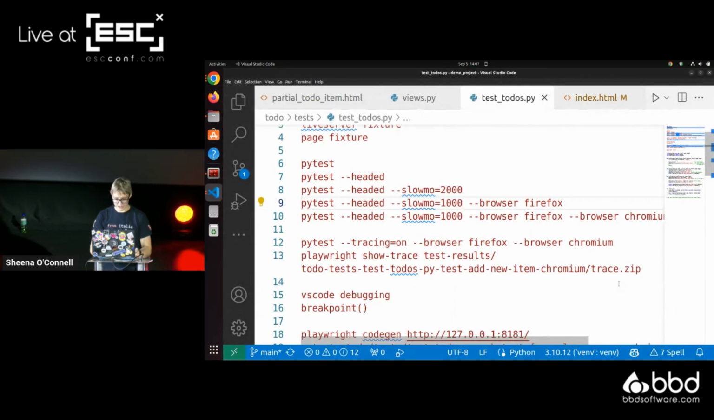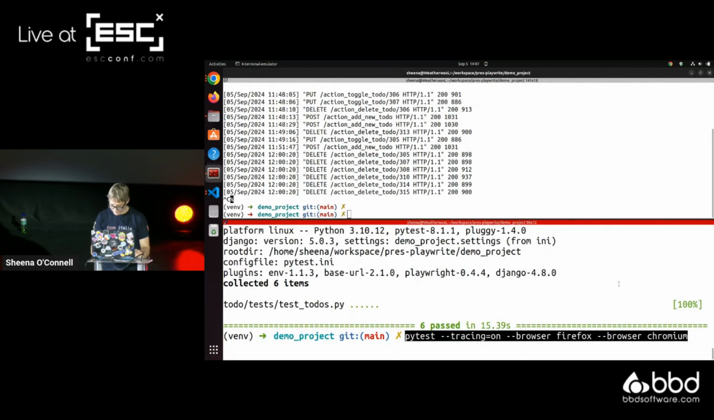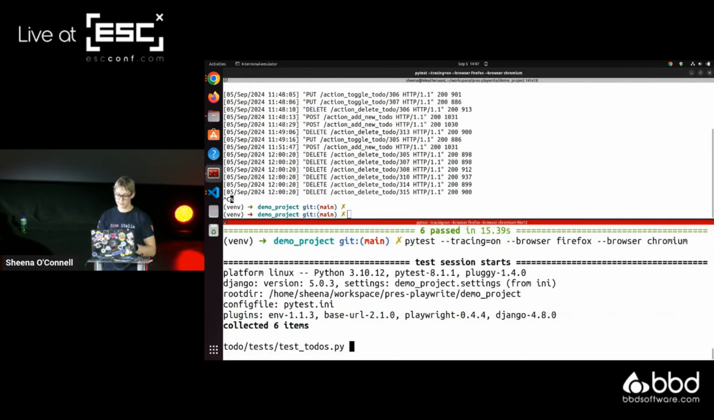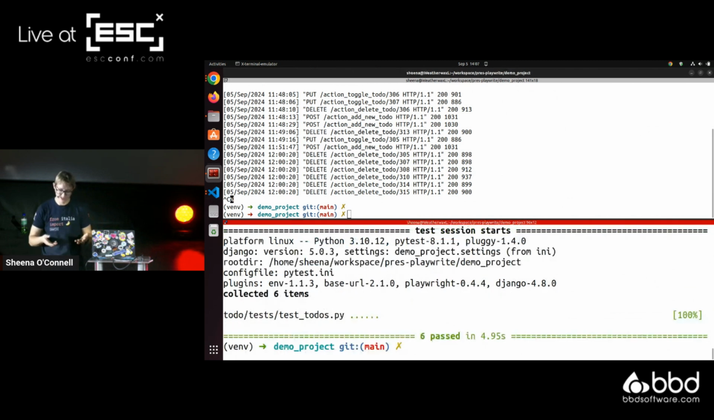Then the next thing that I want to show you is a thing called tracing. Tracing is really, really helpful because sometimes things go wrong in your tests. Sometimes you'll run your test and it'll be like something went haywire in Chromium. Let's take a look at that thing specifically. So